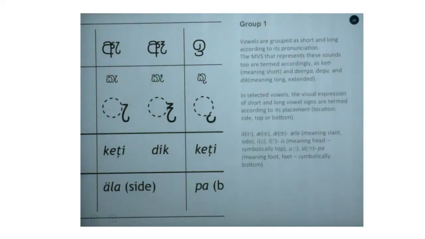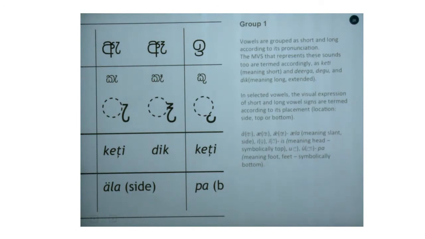We have E, and then these are the shapes that are coming in. And the terms used are Kheti for short and Dik for long. And the term we use for the first sign is called the Alapilla, or Kheti Alapilla, which means short